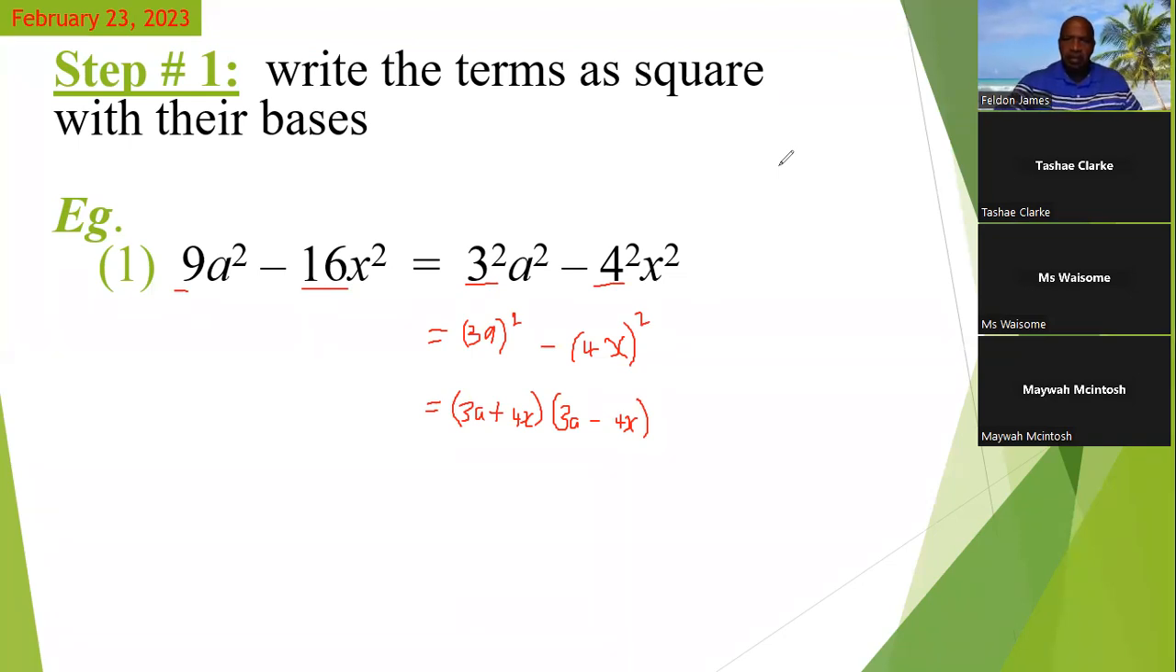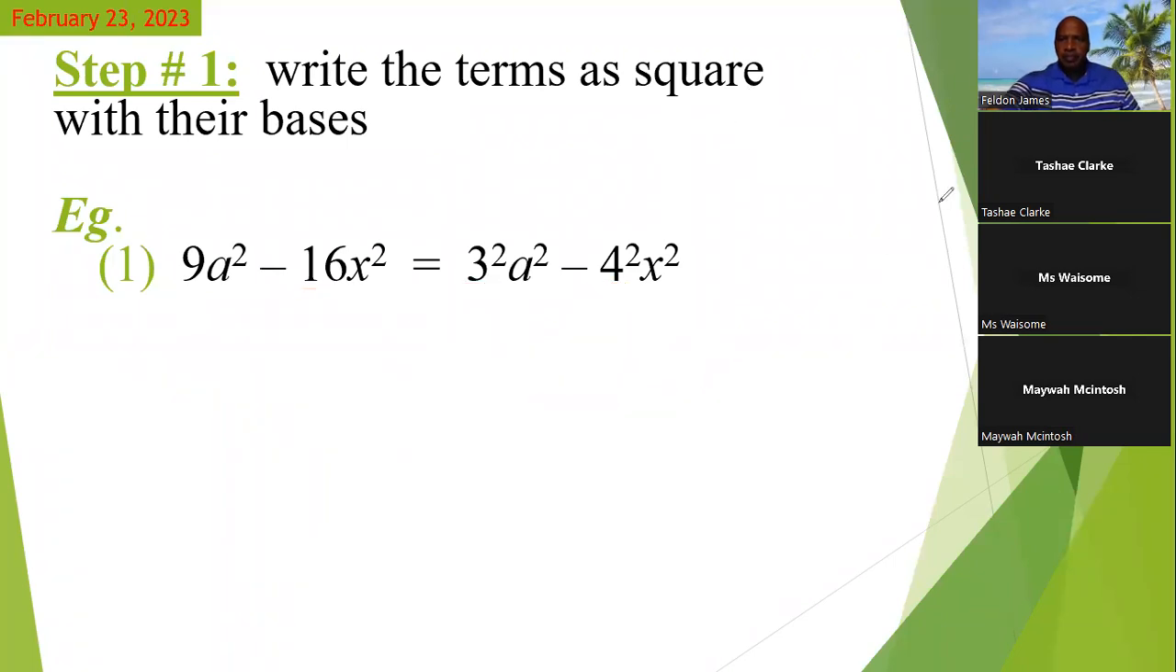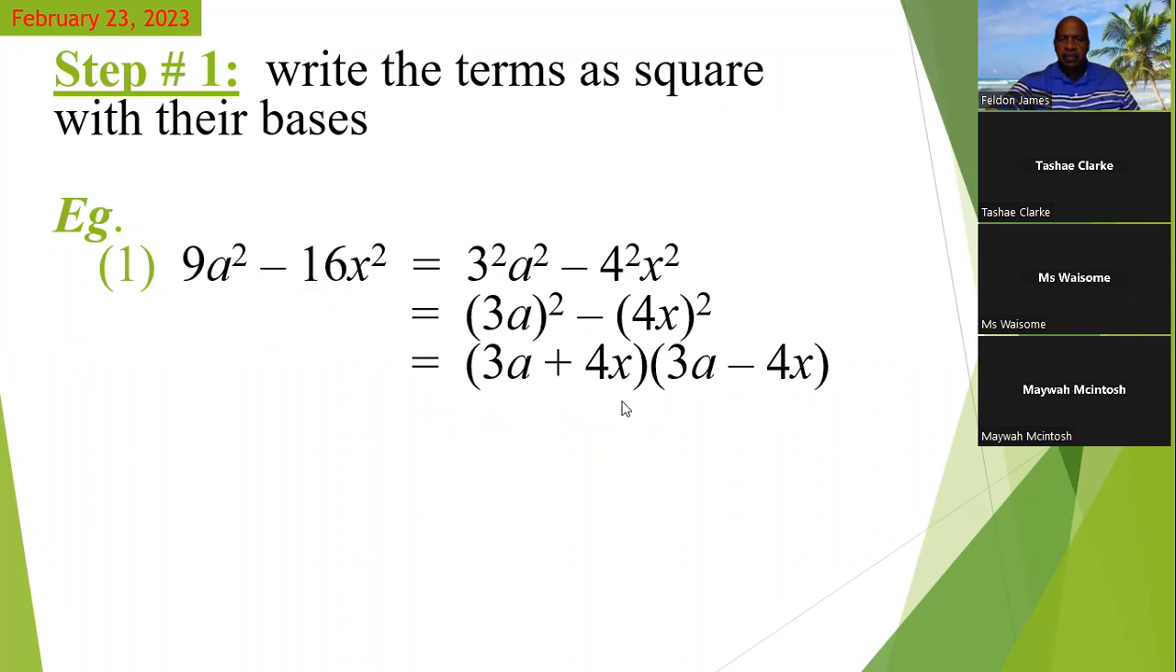Yes, sir. Okay, all right, so that would be the procedure. You write your terms in their squared forms, then you open two brackets, put the bases in them, and then put the plus or minus sign in between them in either bracket. Now looking at this second one here,